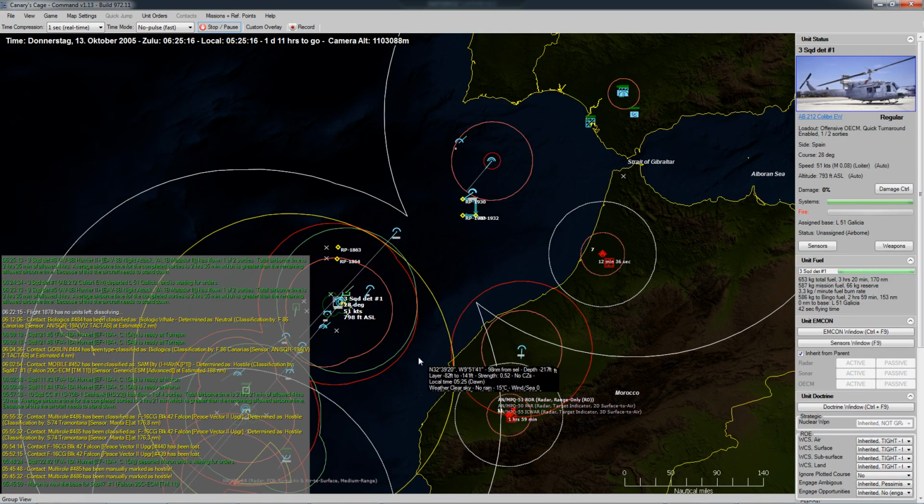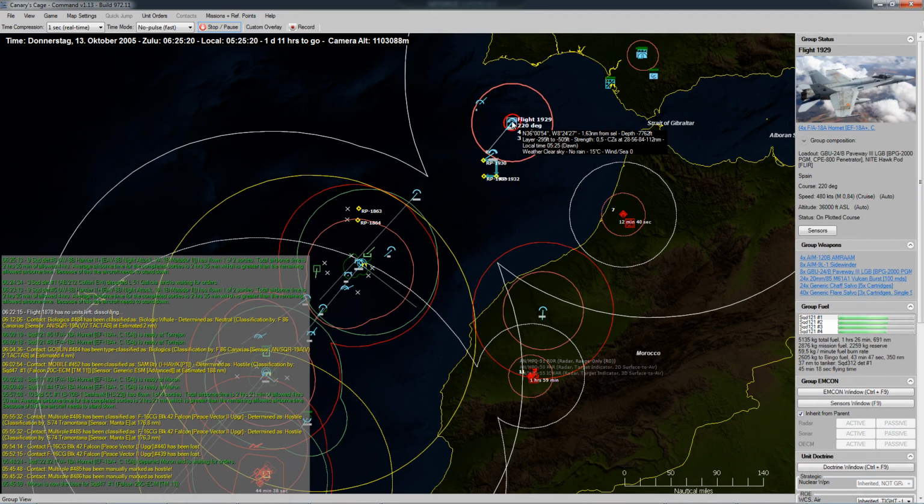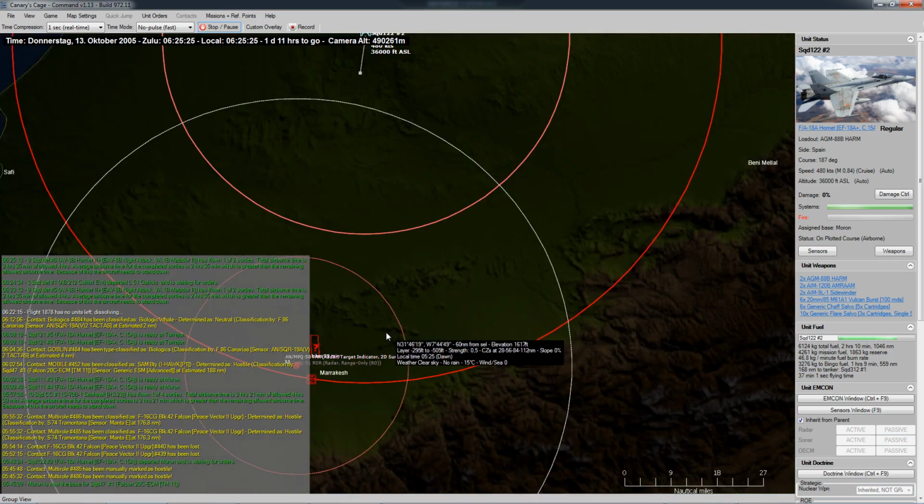Yeah, that was Colibri. We will be sending them out over there, and I think that should be fine. So these guys should soon be starting to refuel. We should see these guys launching stuff. And over here,